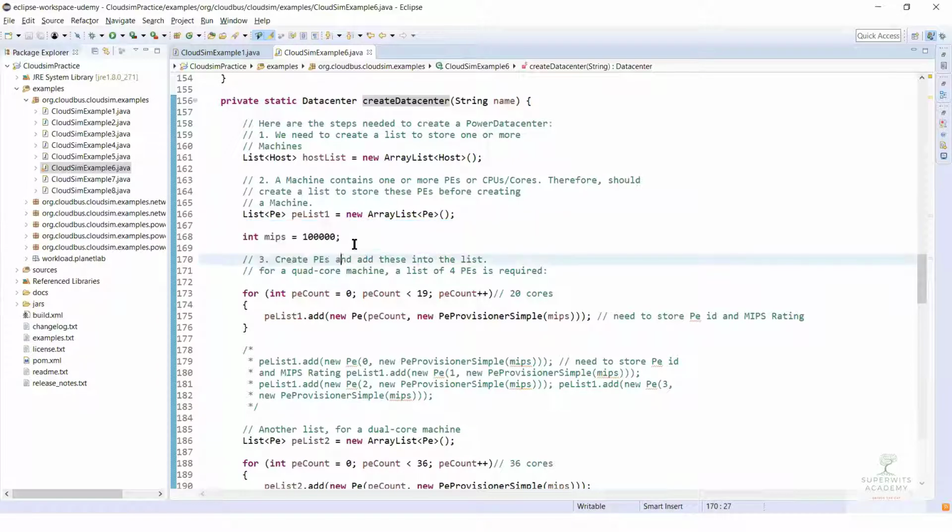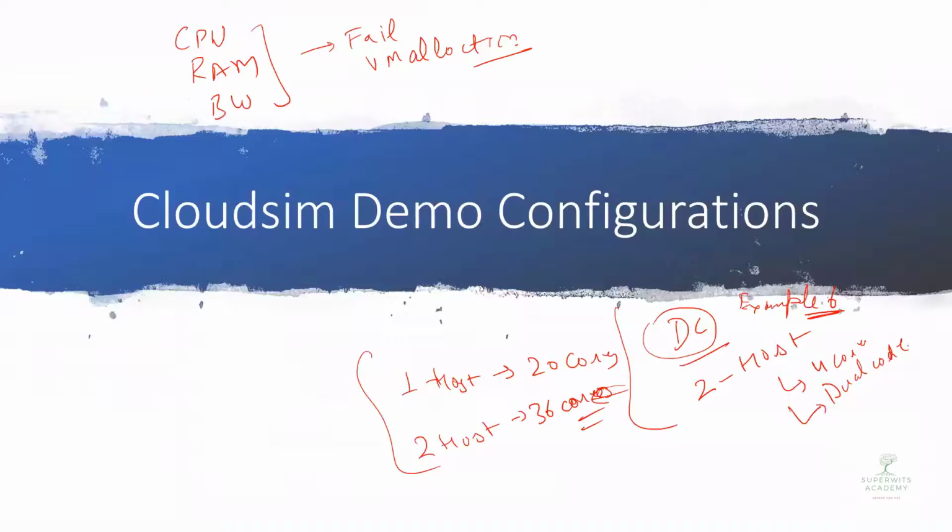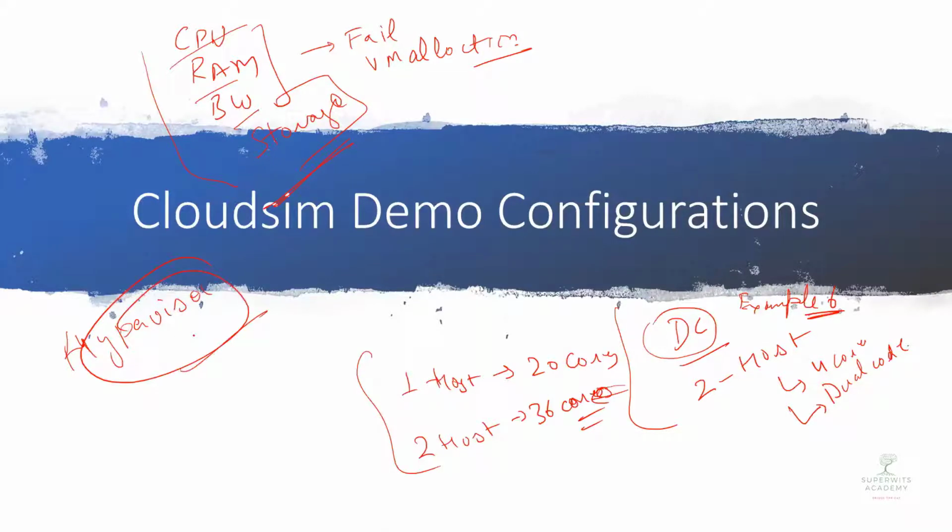And the parameters which are very important to consider while working on your simulation scenario are CPU, RAM, bandwidth, and storage. These are the four parameters which are very important, and these are the only four parameters actually managed by your hypervisor, right? Basically, the hypervisor is doing all the job for you in the real cloud-based system, right?